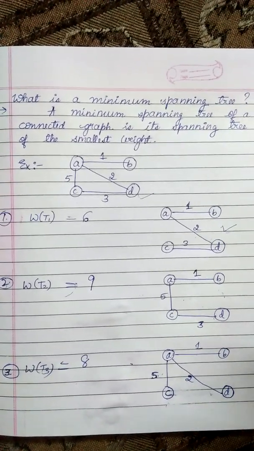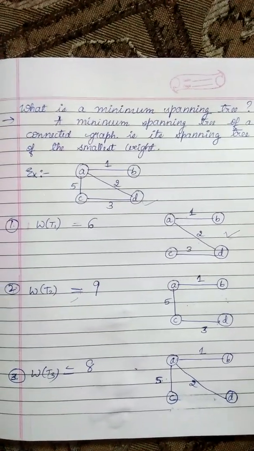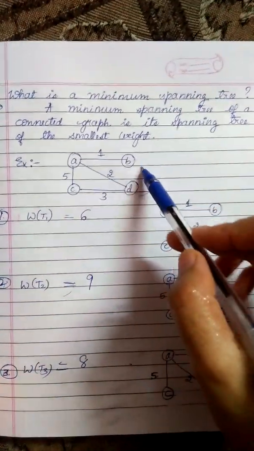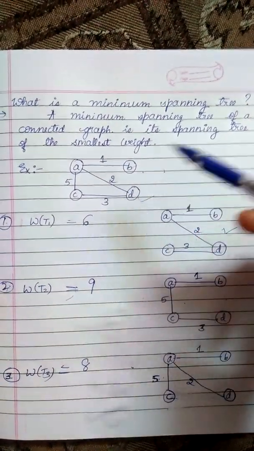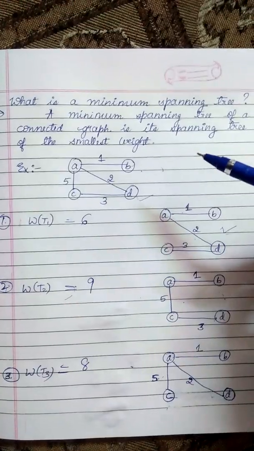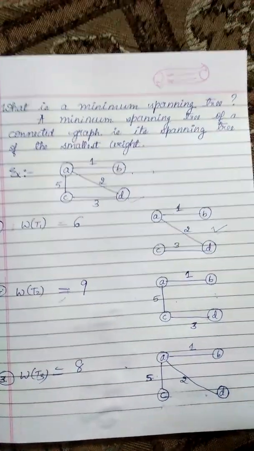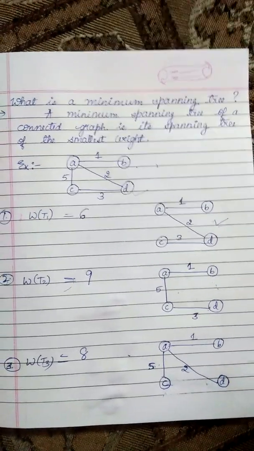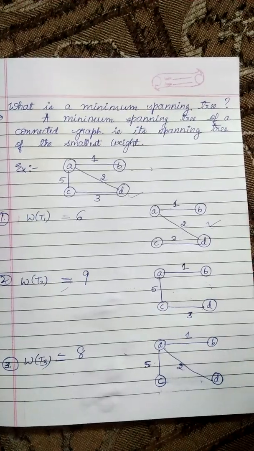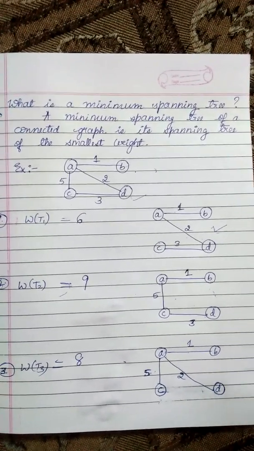The first one is that the number of spanning trees grows exponentially with graph size. This is a very small graph, so it is very easy, but consider a graph having 100 nodes or 100 points. It becomes difficult. Secondly, generating all possible spanning trees for a given graph is not an easy task. These are the two drawbacks whenever you try to find a minimum